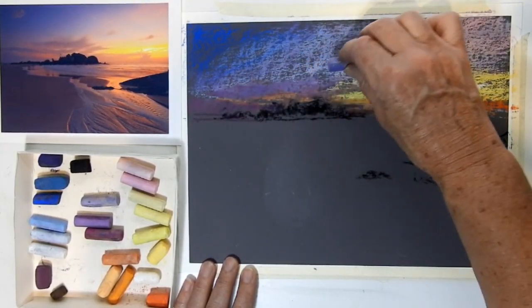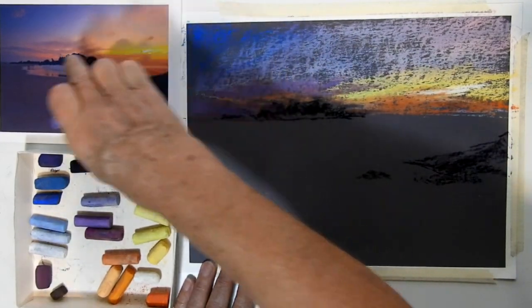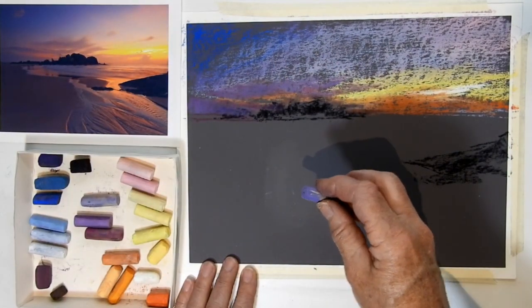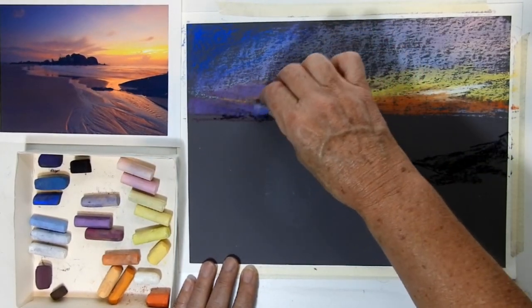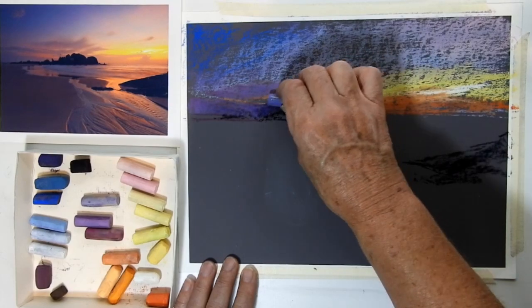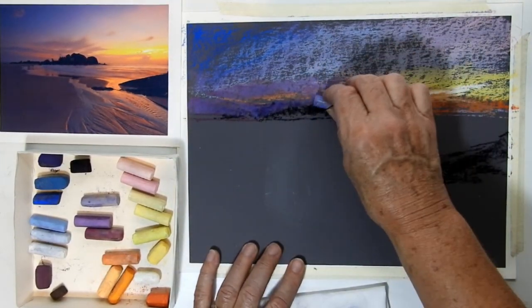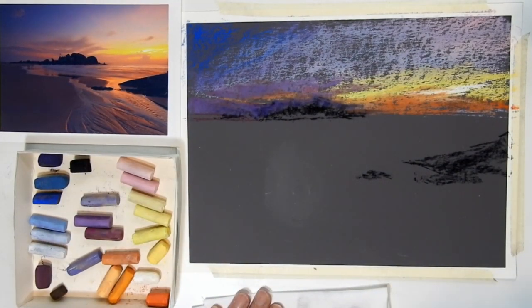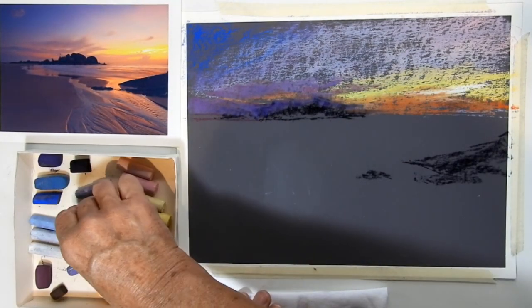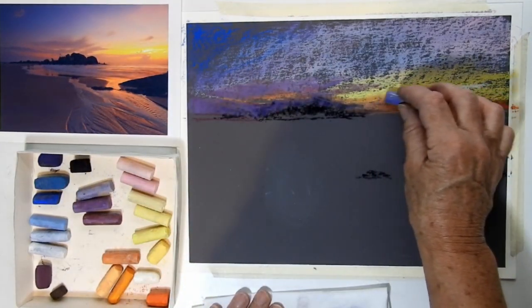So you can see that I'm mixing up even within one sort of block of colour there, I am mixing it up by layering, and that will give me a bit more variety and interest in it. Pulling it down into the rocks, and that's fine because I'll be coming back and sorting out those rocks later on. So I'm starting to get the colour. This one needs a bit more purple in it,